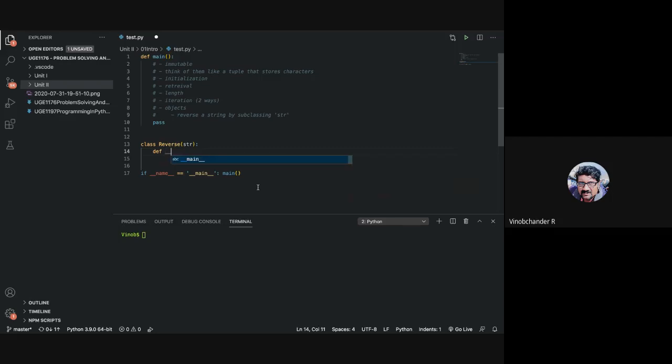Since the parent class name is str, we can specify the explicit constructor as underscore underscore str underscore underscore. This means that this is the constructor that will create the object for this particular class reverse when an object is created for the class reverse.